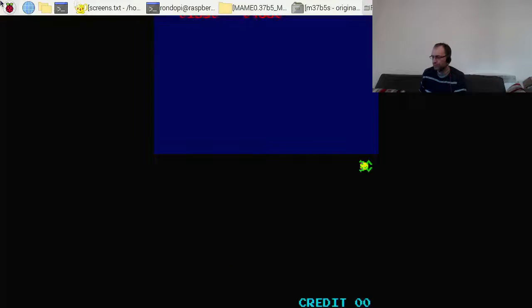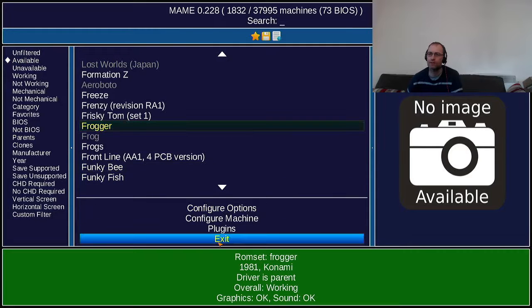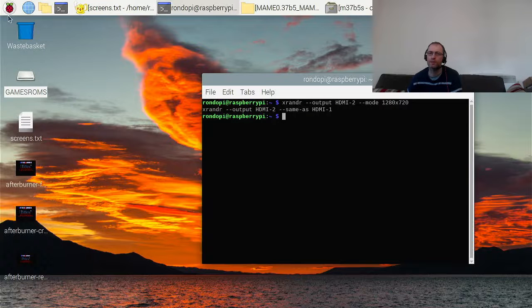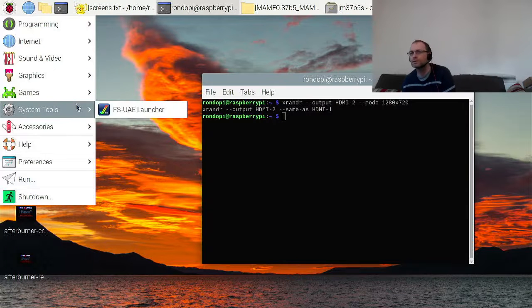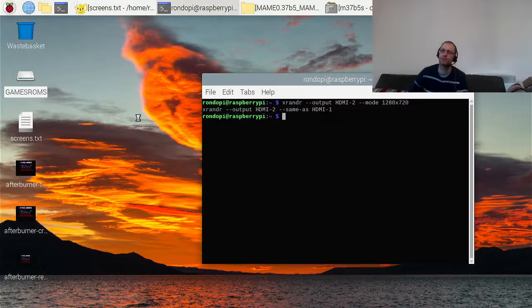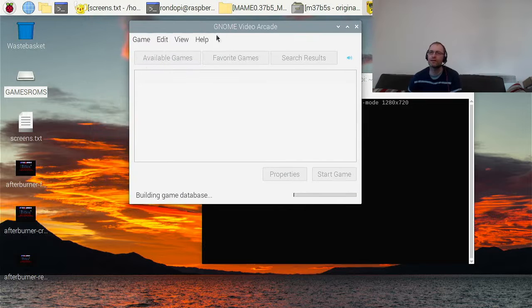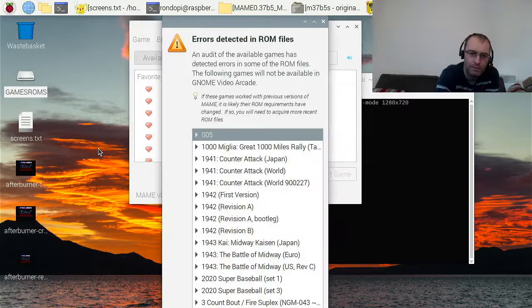Anyway. Okay, let's try it with this other front end. Because this is a little bit plain. System tool, games, 9 video. Let's give this a go. Oh, this looks okay. What's happening here? Building game database. Looks like it'd take a while. I'll pause. Okay, so I wandered off while it was doing this scan, and when I came back, apparently there's